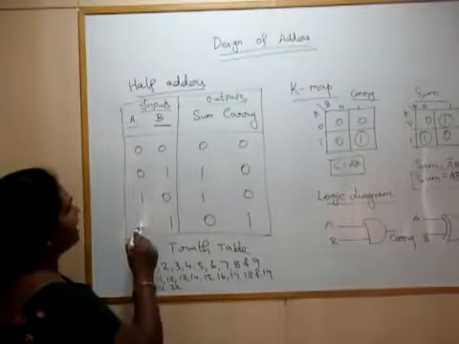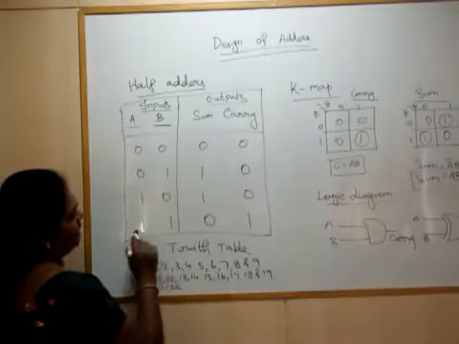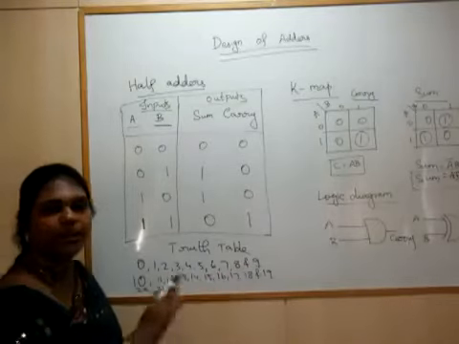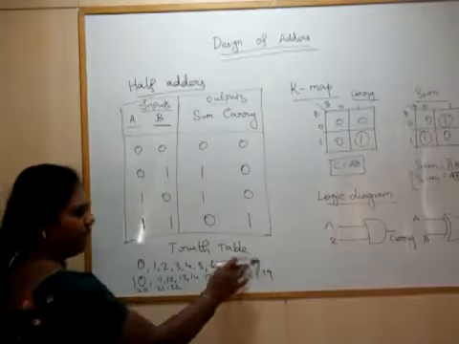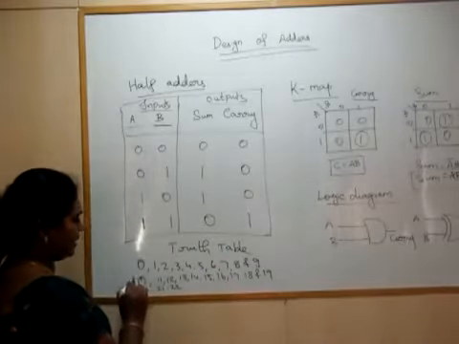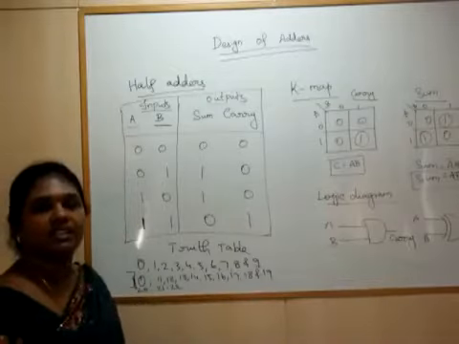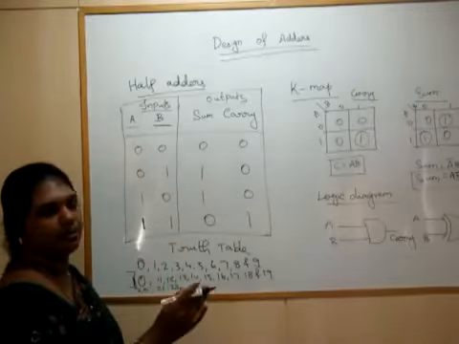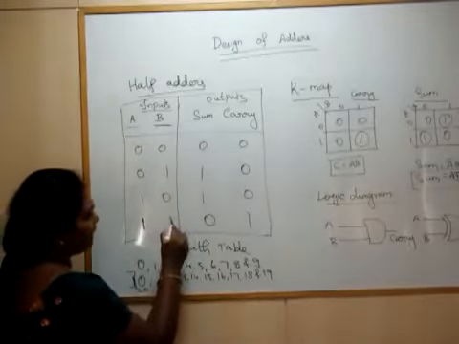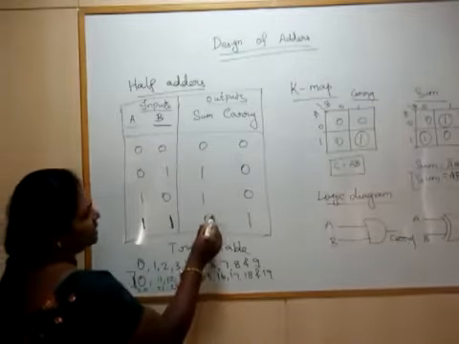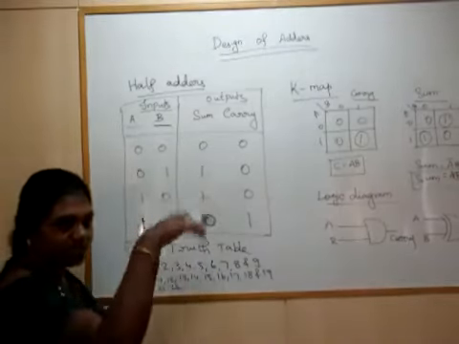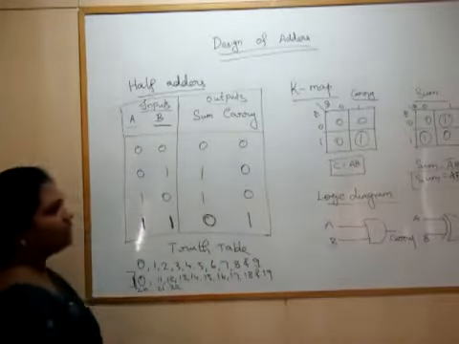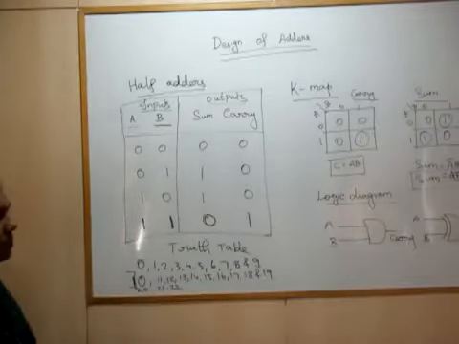Likewise in binary adders, 1 is the biggest number, whereas in decimal 9 is the biggest number. If you add 1 to the biggest number 9, you get 0 as the answer and 1 as carry, which we name as 10. Likewise in binary, if you add 1 to 1, the biggest number, you get 0 as the sum and 1 as carry. That is how you get the carry 1 in half adders.